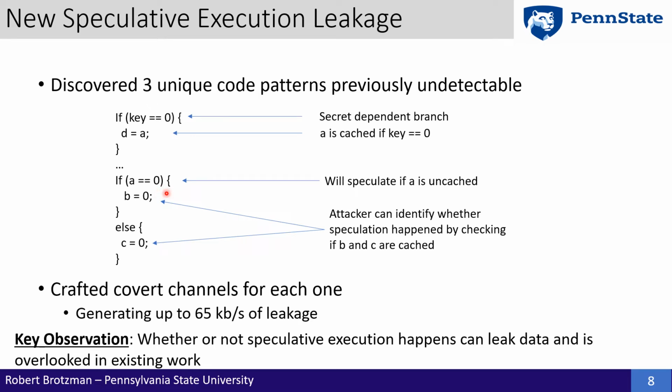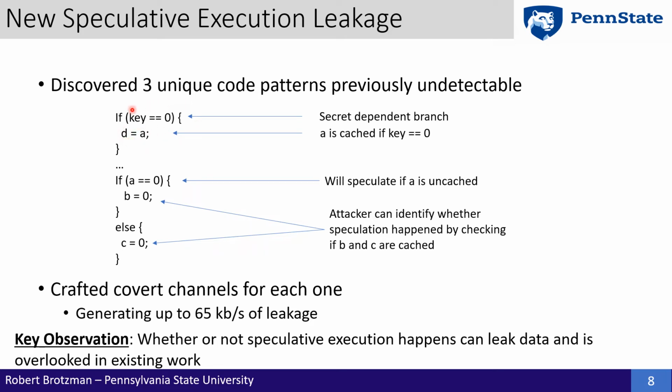Now what we know is that if a misprediction happens, we should expect to observe both B and C in the cache, so an adversary can observe those memory locations, and if they observe that both of them are present, it indicates that a misspeculation happened. And what this tells the adversary is that A is uncached, which means it was not accessed here, which leaks